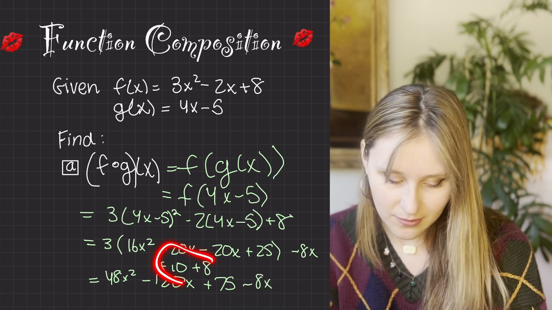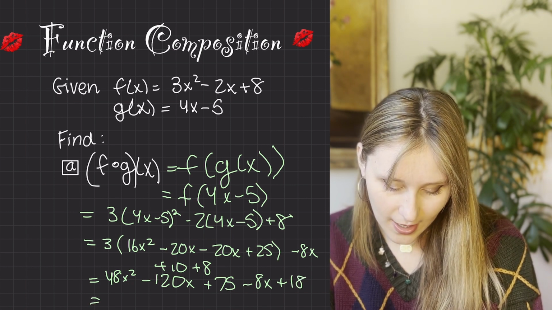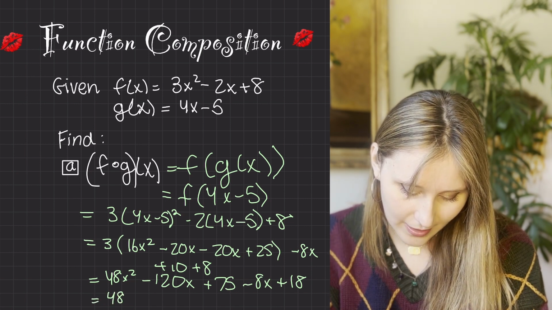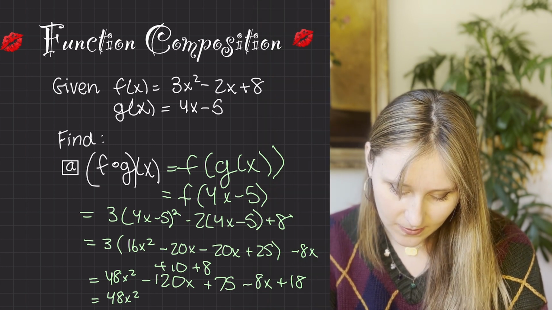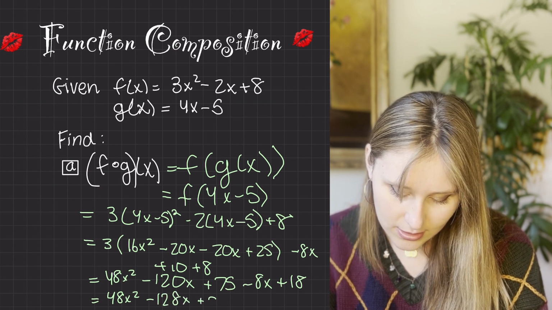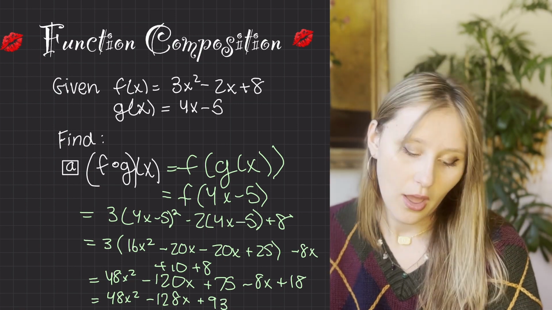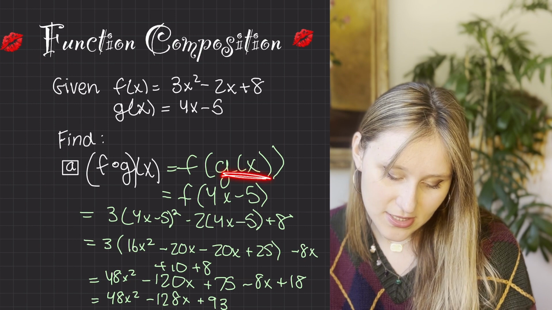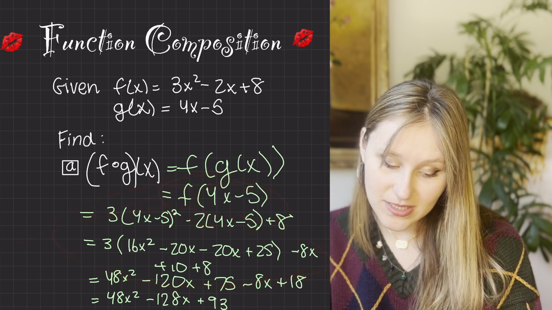And then we're going to combine this 10 plus 8. And then we should get 48x squared. And we get minus 120 minus 8. That's going to be minus 128x plus 93. And that's it. Okay, so I hope that made sense. We just had that g of x. We literally just treat the function as a number and we plug that in and then we get that. So that was a little bit tough, but